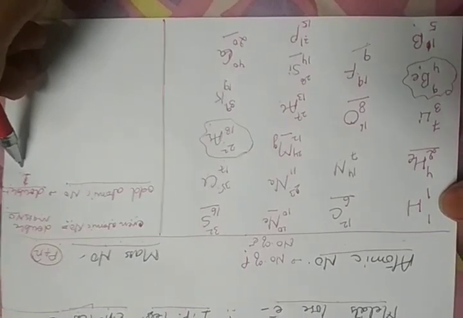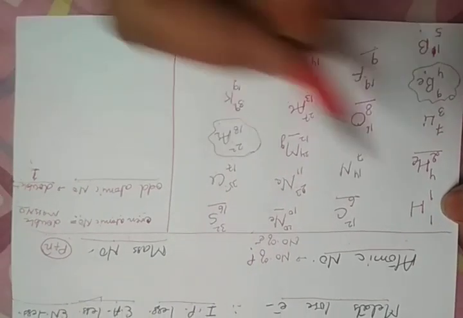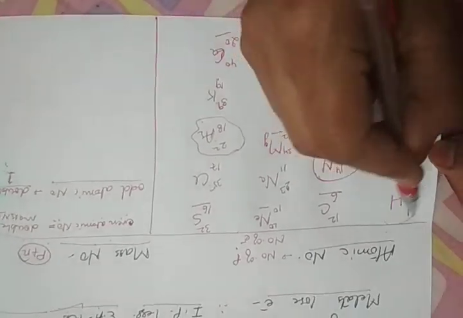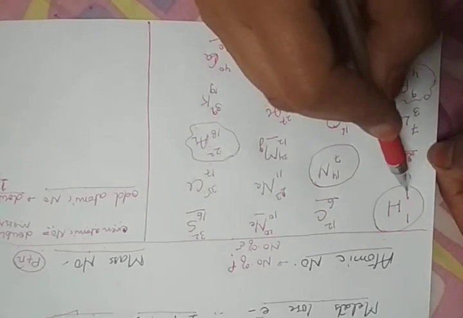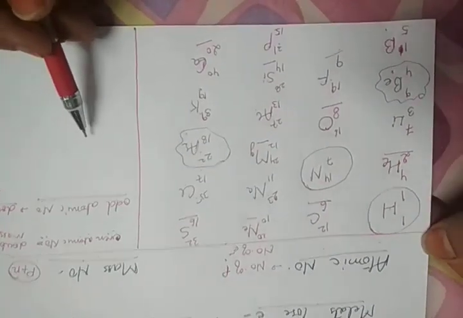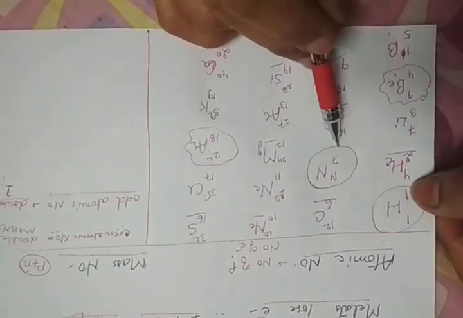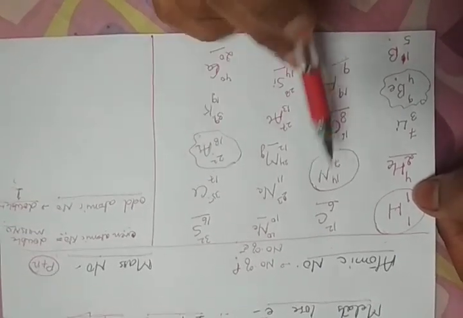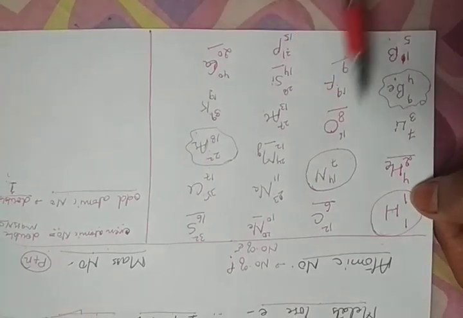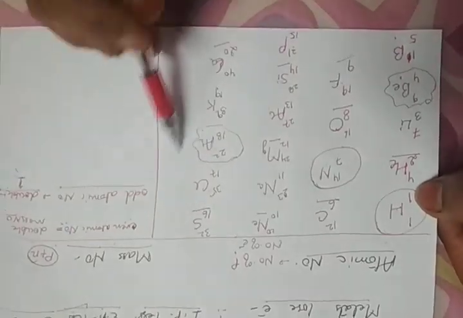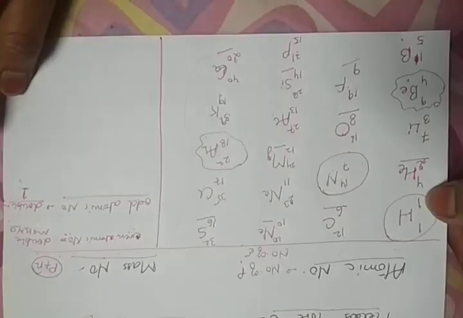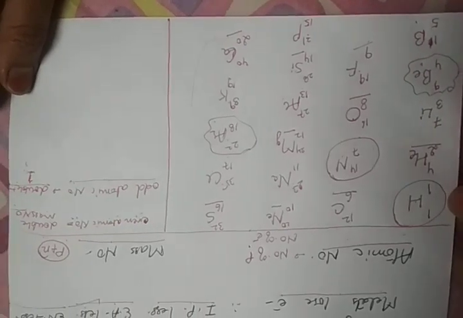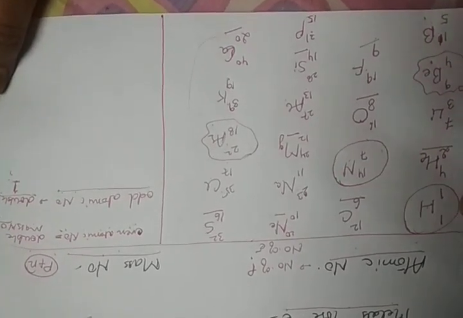In this case also there are exceptions. We can say there are two, one is nitrogen and the second is hydrogen. Hydrogen 1, 1. Double should be 2, but it is 1 only. Nitrogen is 7, 14. It should be 15, but it is 14. So by just remembering these four exceptions, we can easily write the relationship between the atomic number and the mass number of the first 20 elements.